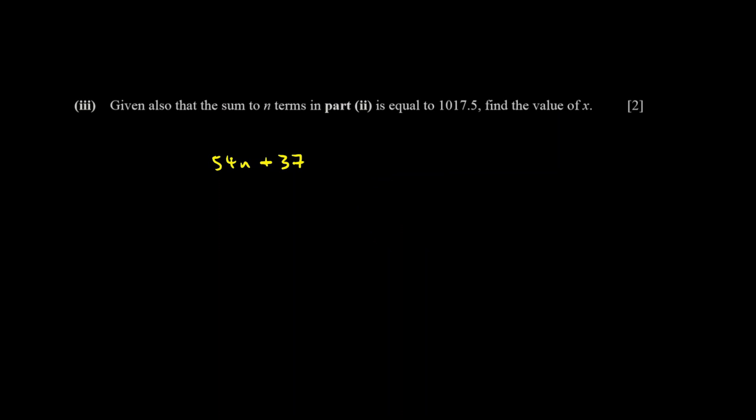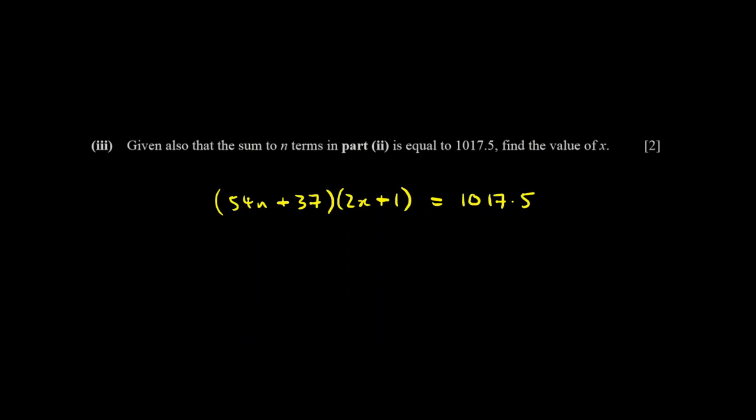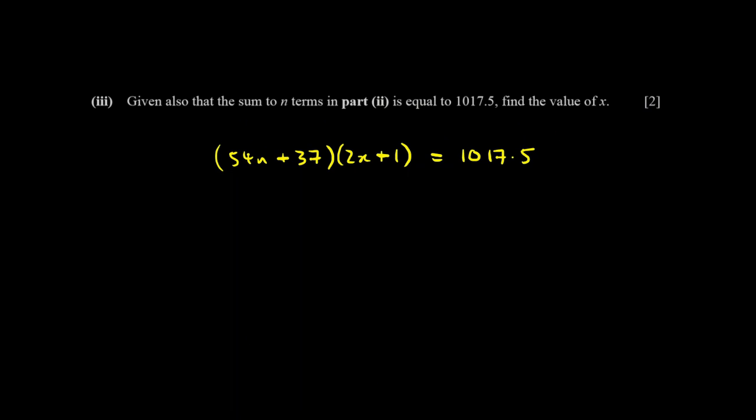Correct that. Times by 2x plus 1 is equal to 1017.5. All right, then. Well, we learned in the previous question that n is equal to 37. So what we've got here is 54 times by 37 plus 37. Well, that's actually the same thing as 55 times by 37. Right? So 55 times by 37 times by 2x plus 1 is equal to